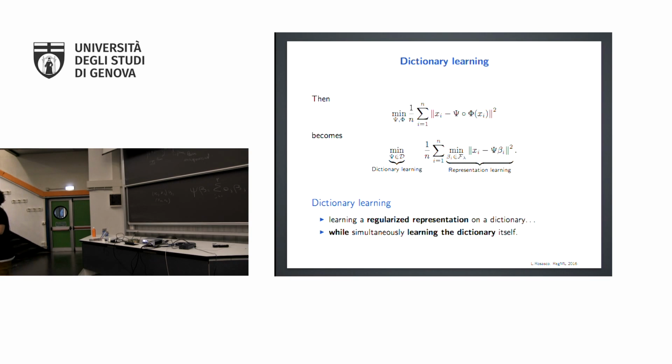If you now look at this equation, ignore this minimum here and this sum, and just look at what you have here. This is the standard regularization to reconstruct a signal or estimate a signal from a given dictionary. You fix the dictionary, you now add the signal, and then you want to find the coefficient that best explains that signal, right? So if you fix psi, this is the standard thing you do when you have a signal. You take some dictionary, say Fourier, wavelet, whatever you want, and then you just try to decompose the signal on